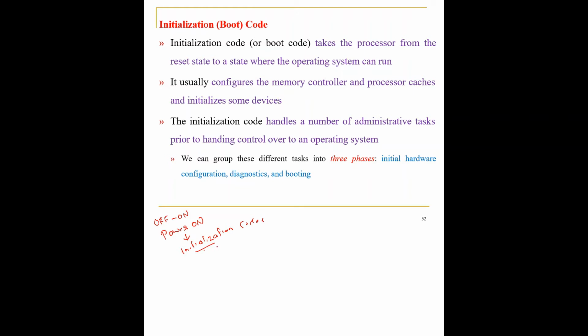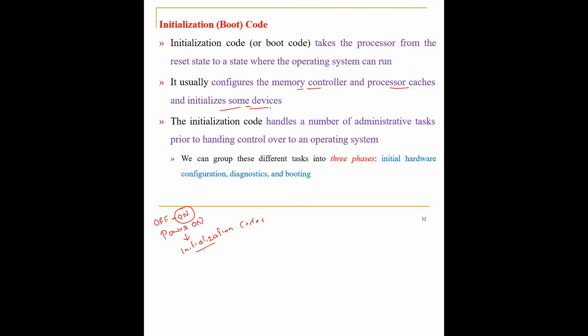So your system has been turned on, the initialization code has configured the memory controllers and processor caches, and some devices have been initialized. So the initialization code handles a number of administrative tasks prior to handing over the control to the operating system. As of now, your system is not properly turned on. The initial settings needed in order to turn on the system, maybe allocating the memory, allocating the devices,